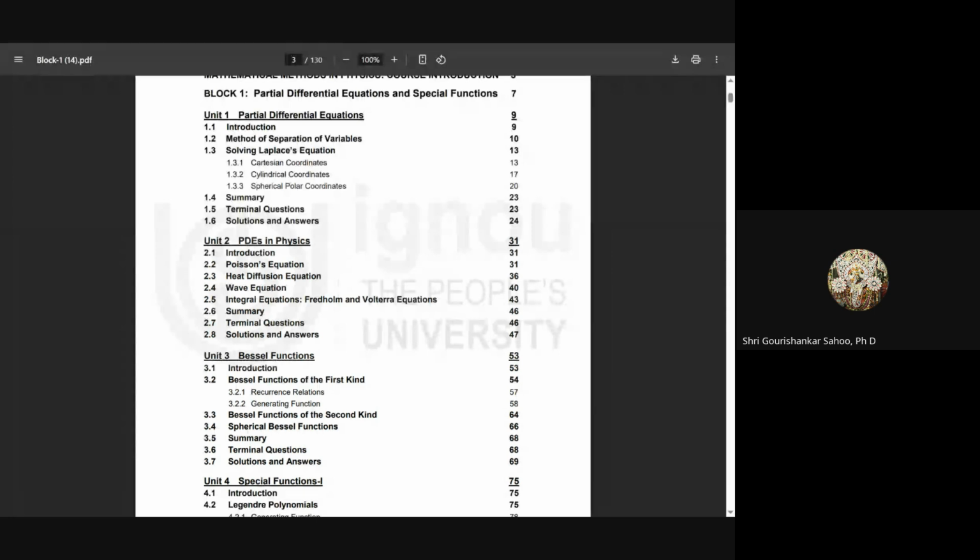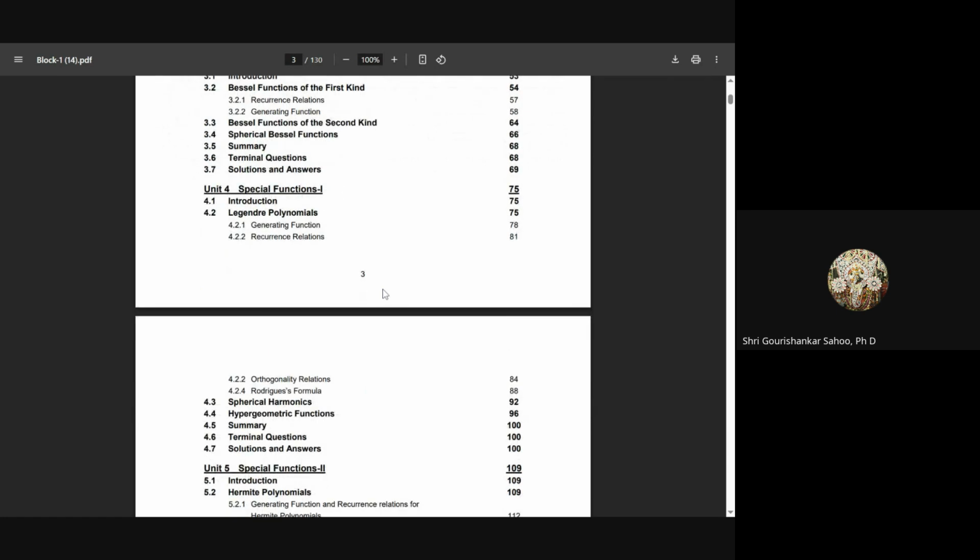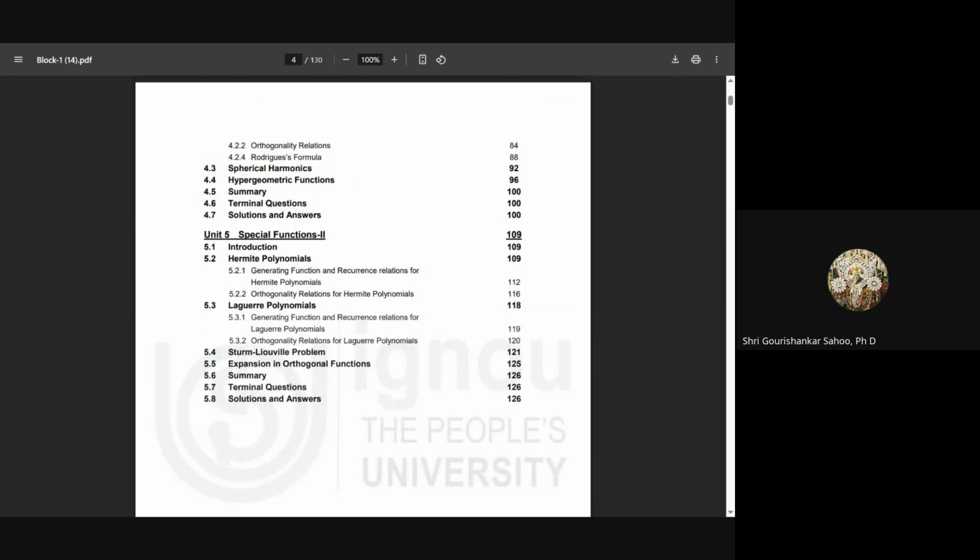So those include Bessel function of first kind, its recurrence relation, generating function, Bessel function of second kind, spherical Bessel function, then Legendre polynomial, Legendre differential equation, its generating function and recurrence relations, orthogonality relation, Rodrigues formula, spherical harmonics, hypergeometric functions, Hermite differential equation, and solving Hermite, Legendre, and Bessel equations using Frobenius series, Frobenius method, generating function and recurrence relation